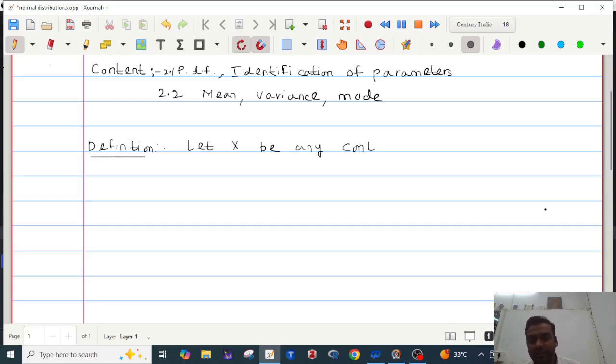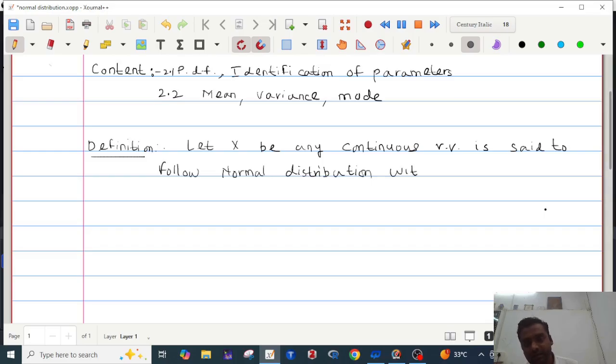It is said to follow normal distribution with parameters mu and sigma square if its PDF is given by